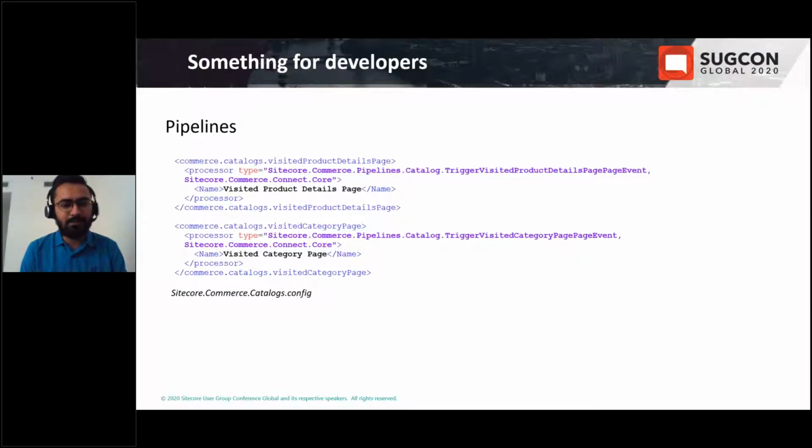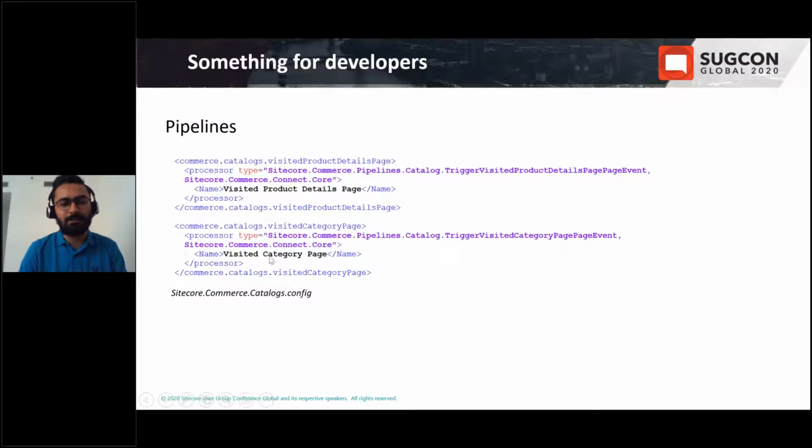And these are the pipelines which are responsible for raising these events. So these are the event names which have been defined here, which you can find in your Sitecore settings, analytics, Commerce Connect location. These are the event pipelines which are responsible for raising these events and storing all this data onto interaction and on contact.